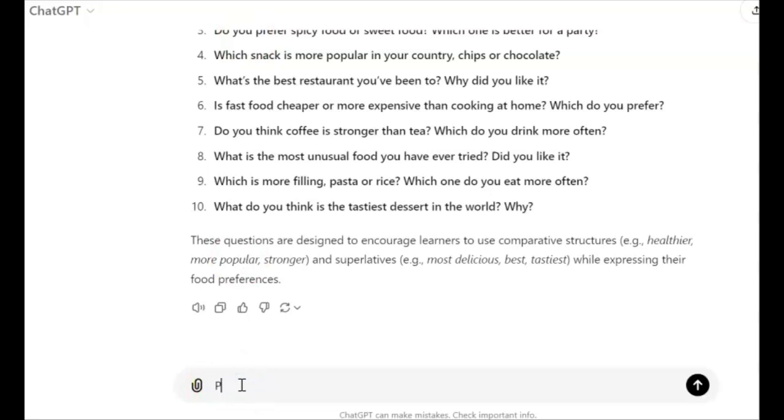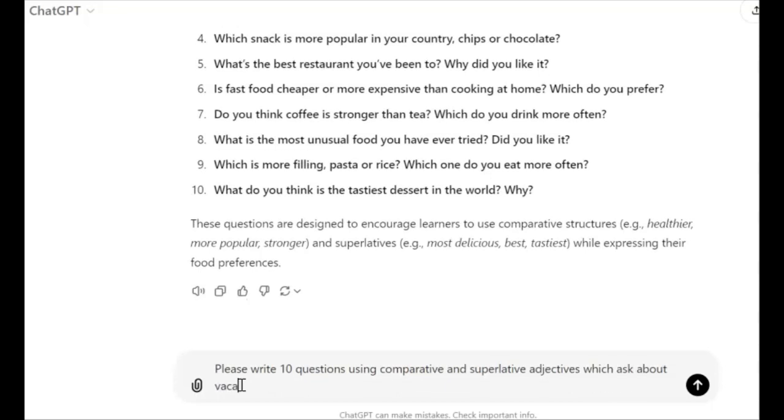In this video, let's take a look at how to use ChatGPT to create or generate content that is explicitly tailored for one target population. And in this case, I am asking ChatGPT to write 10 questions using comparative and superlative adjectives which ask about